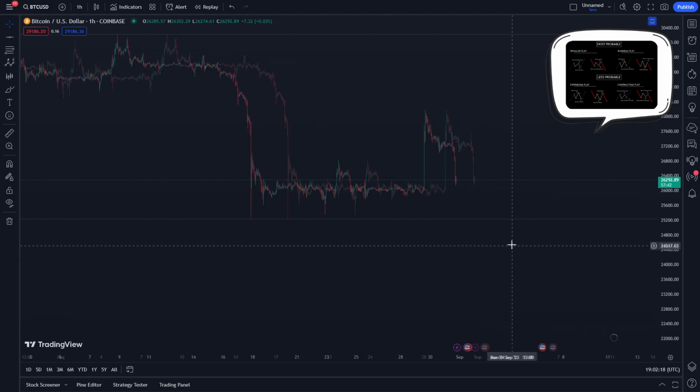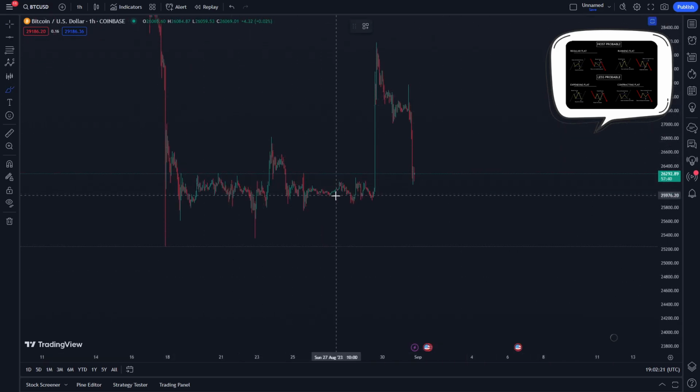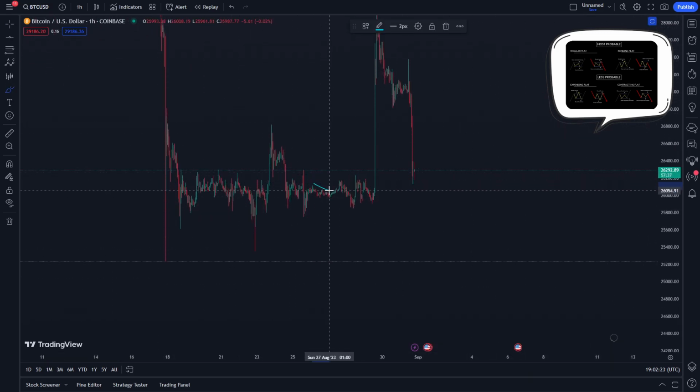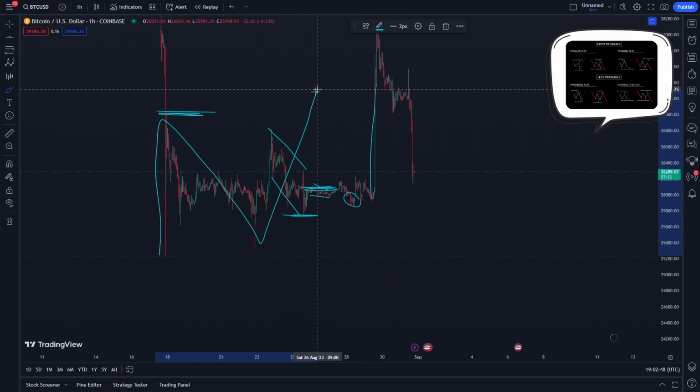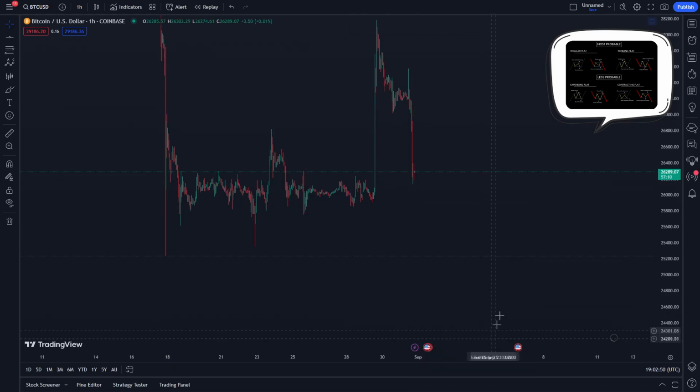So I admit it, this regular flat was kind of weird, and like I said in my last video, for the French people that are watching me, I was in the trade somewhere in there, stop loss above this low, and the goal was to break the top again. So it happened. I almost got out of my trade right there, but it actually went in the right direction. So you got to believe in the TA when you're looking at a move that looks like a correction. You got to push it, because the whole goal was to break that low for the regular flat. Now that it's broken,